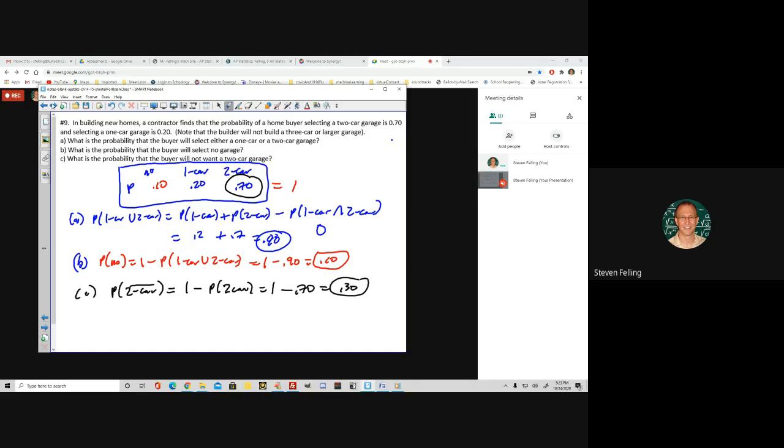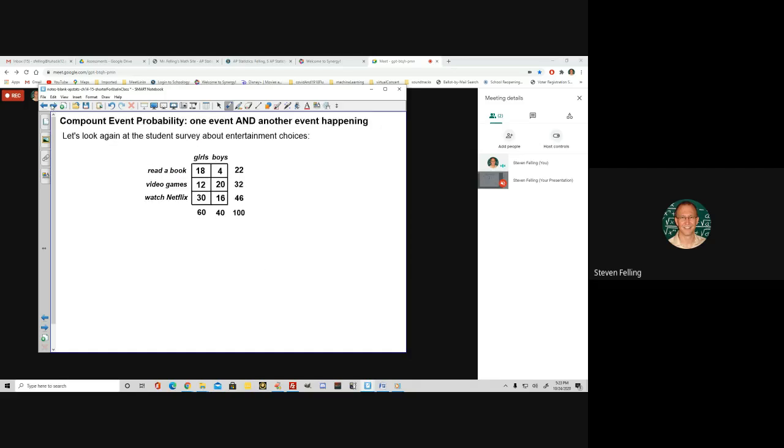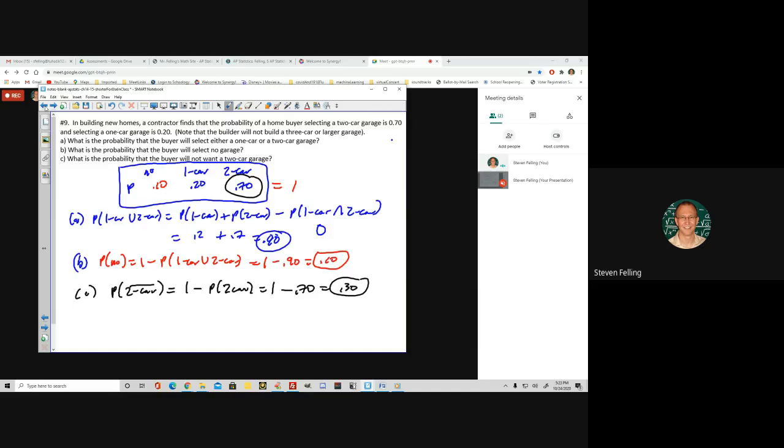All right, I think we're going to stop there for the second part, and then we will go on to the AND case and develop the AND formula and its special case in the part